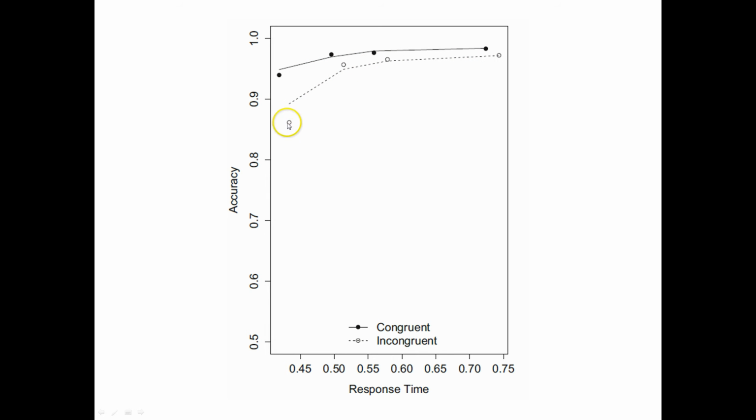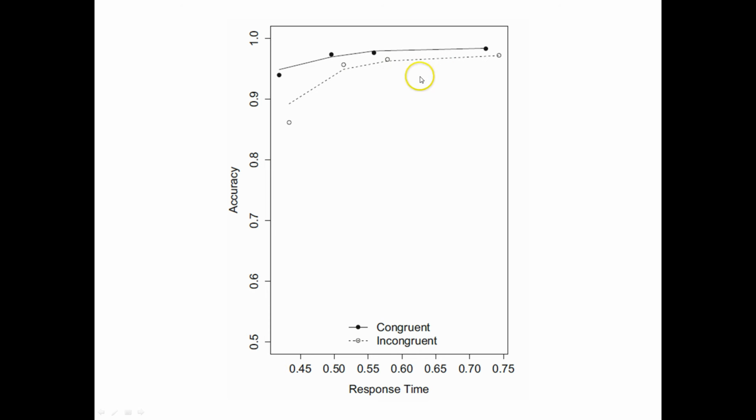Conditional accuracy functions, this particular one, what it does is it's taken all of the incongruent response times and sectioned them into bins, going from the fastest response times to the slowest. So this circle here represents the fastest 25% of incongruent trials. What we do is we calculate the mean response time for these 25% of trials, and we plot this against the accuracy for this 25% of trials. And then we do the same for the next 25% and so on until we've got all of the response